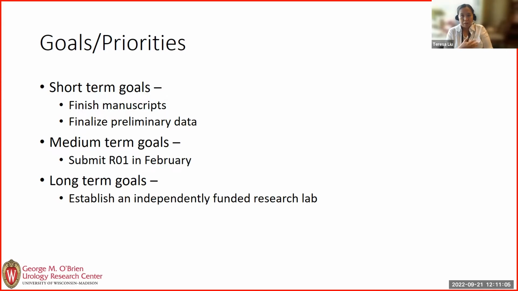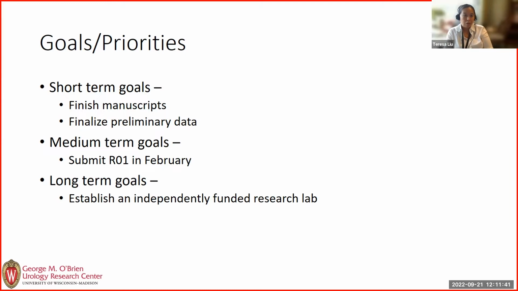And throughout my journey, sometimes I have to put very specific dates, like I am going to finish this short-term goal in 2 weeks, or I have to have this done at a particular time. Where I am currently, I have these goals up. The R01 is the one that has a definitive time point, and I'm just trying to complete the short-term goals to support the R01 submission in February. So I don't really have due dates right now, and this is what's currently working for me.